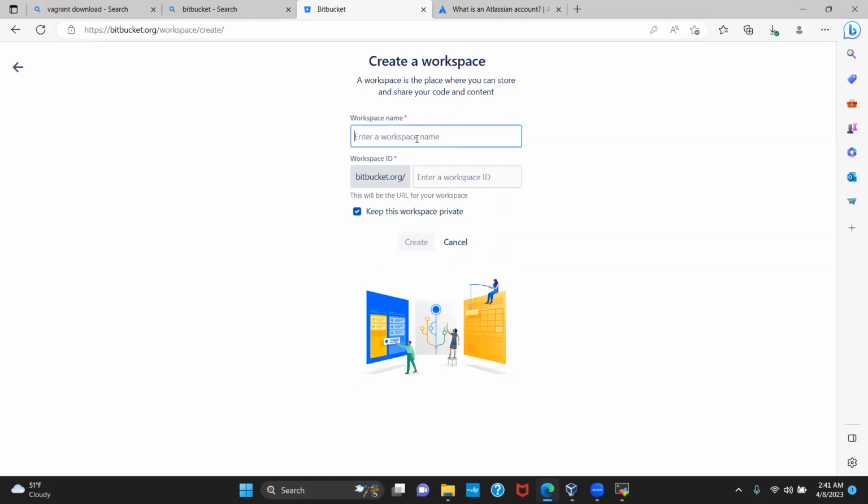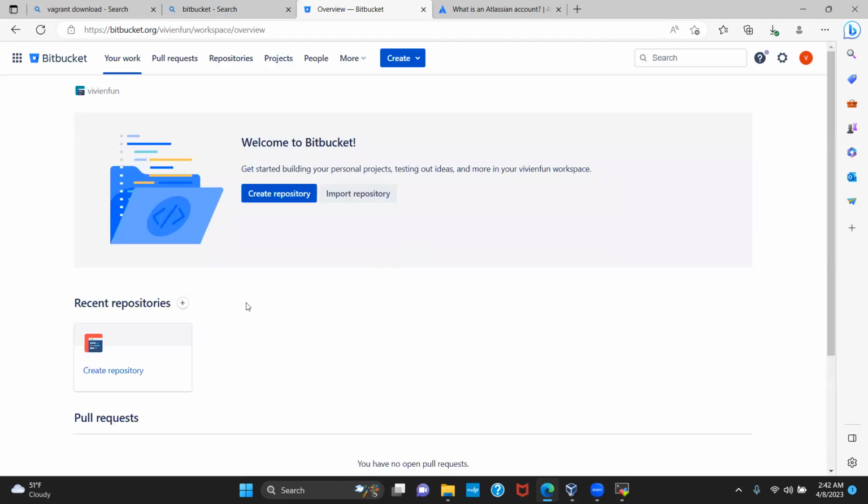I'm going to give any name here for the first page that I'm creating. Let's make it a public workspace. It already exists. Let's try another one. That one also is taken. Let's call it something else. So as I created a workspace for myself, I need to go